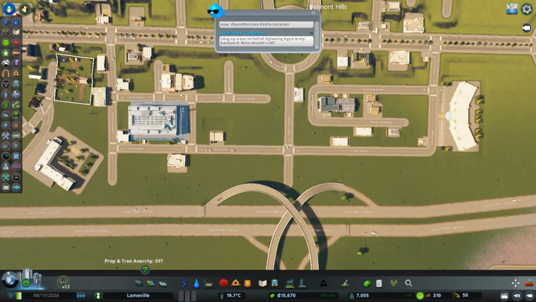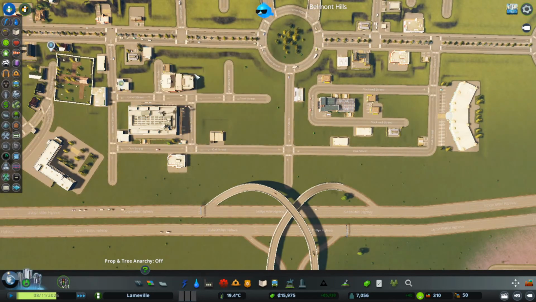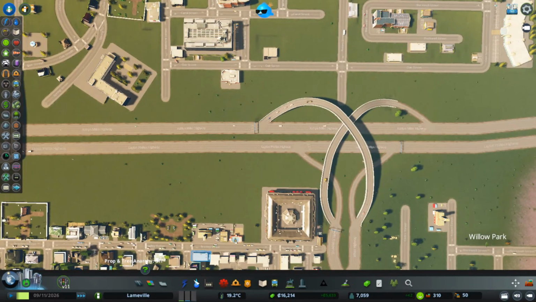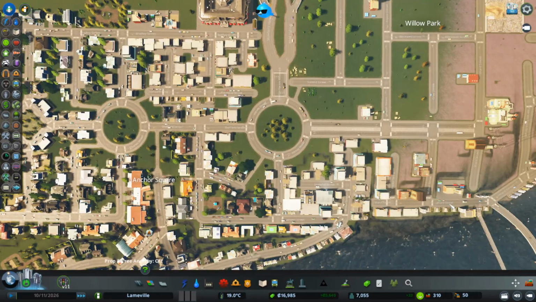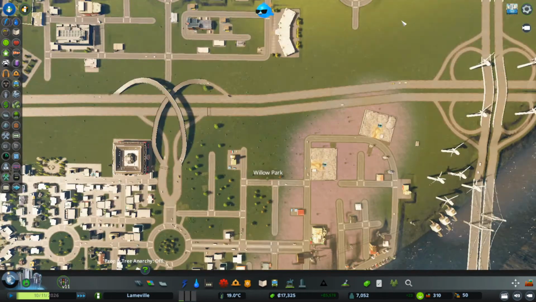We will start seeing things like the media broadcast building, 2 visitors last week, and a tourist, perfect. Where was that cinema we put in? Sort of cinemas already having people visit. I could extend these roads through quite easily to join this main side, but we haven't had a problem with traffic yet. I will keep them there so we have options,